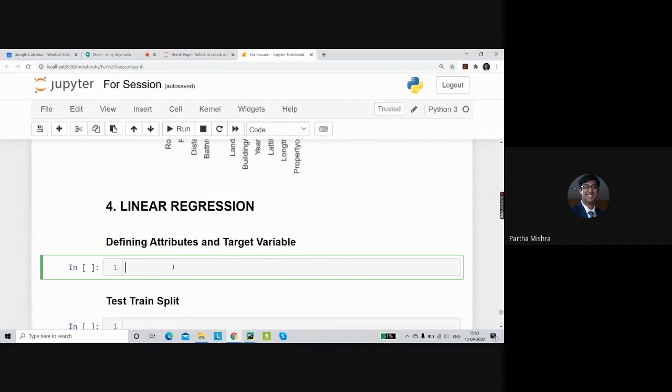So here, what we have to do is, when we're building the model, the first thing we need to do is we have to define the variables. So let's say, by definition, always the attributes are defined as capital X and the target variable is defined as small y. So here, if we have to take in those particular columns, we have rooms. That's the first column we wanted. Second column that we required was bathroom.